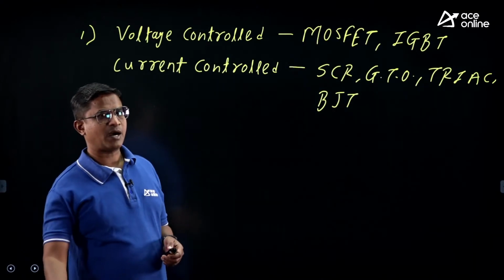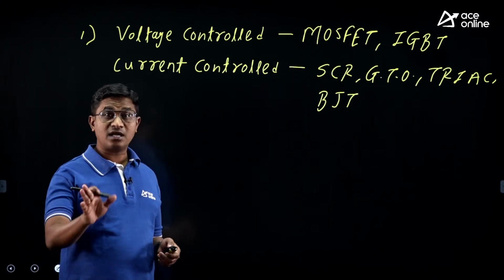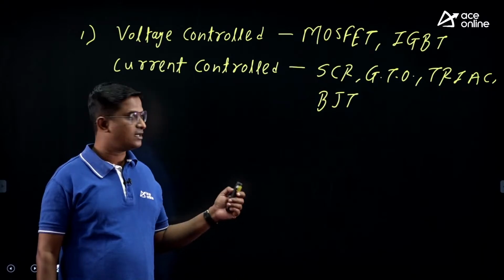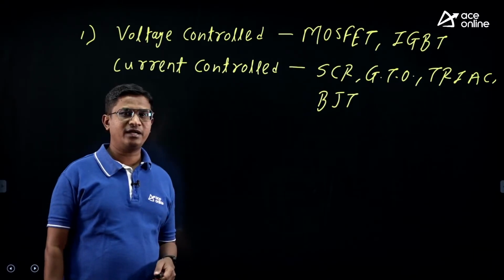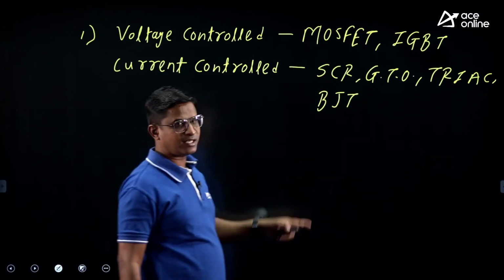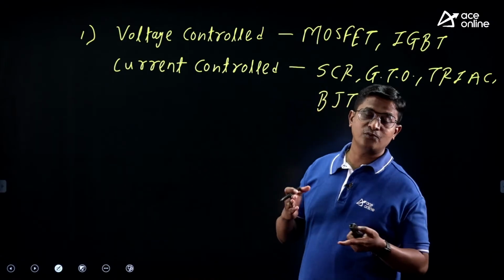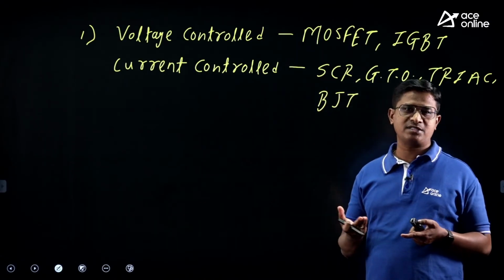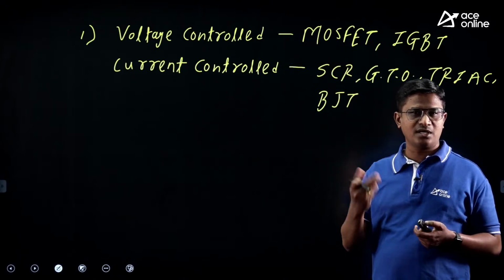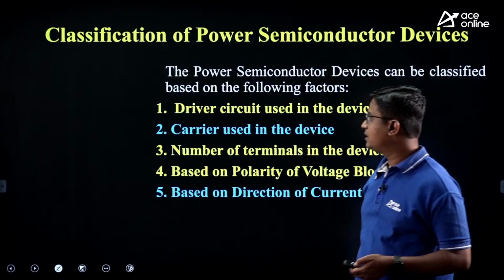All right. Power diode or diode is an uncontrolled device, right? So voltage controlled and current controlled. We know BJT is a current control device, and the base current controls the BJT's operation. All right. Next is